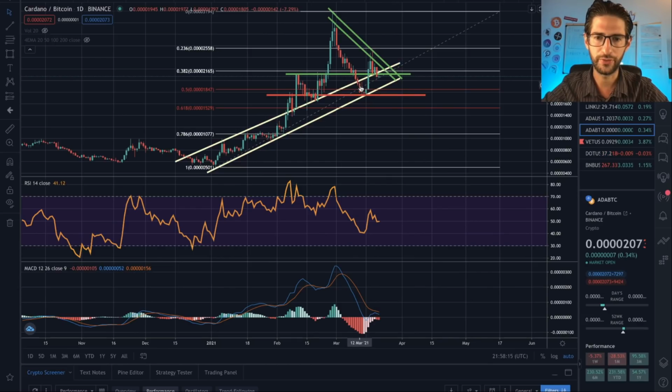Then we broke this, but we continued entering and getting support on the downtrend line of the channel. Then we broke it, held it as support again, and right now we broke again into the channel, and we are hitting as resistance the upper trend line of the channel. So if we keep inside the channel, I think that will continue to be good news for ADA.